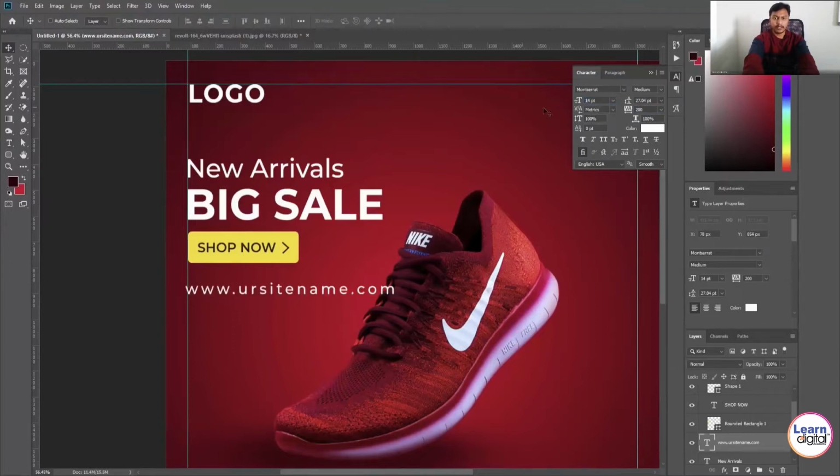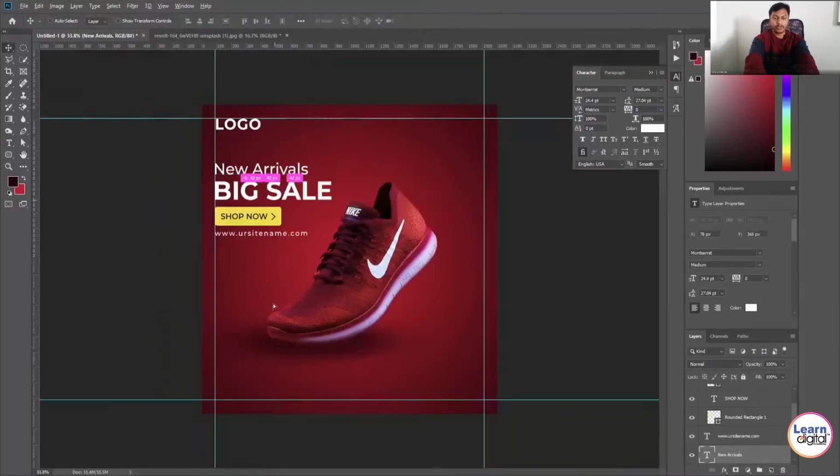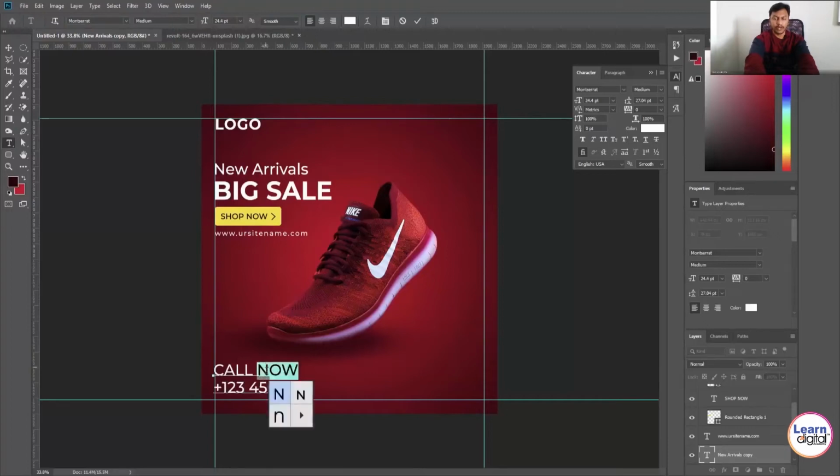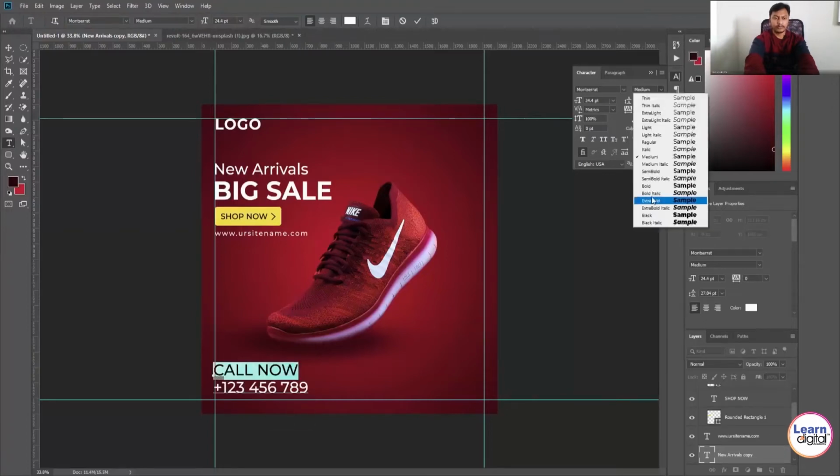So these are your character styles like font change, spacing, leading, kerning, uppercase, lowercase, and all. You can see on the right hand side, I'm doing some changes over here. Then again a copy. For more information, call, visit your local stores or visit our websites. Each and every individual thing you can add. I'm just adding dummy things over here. So call now for more details or product details and all.